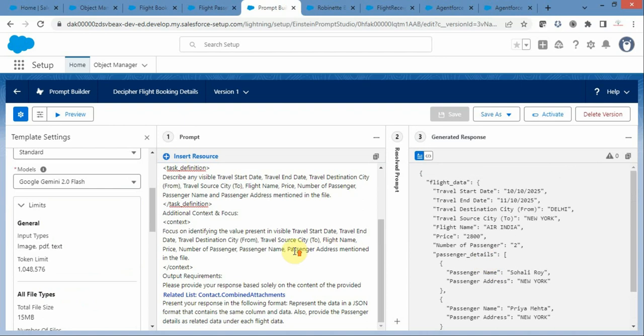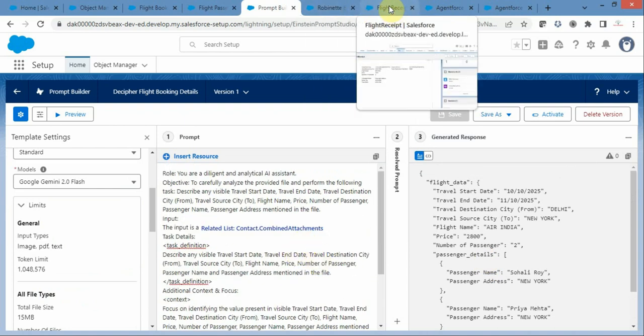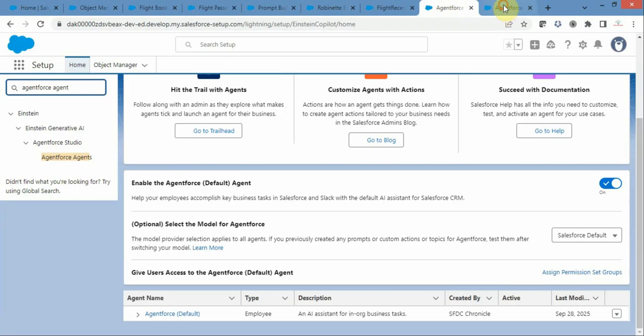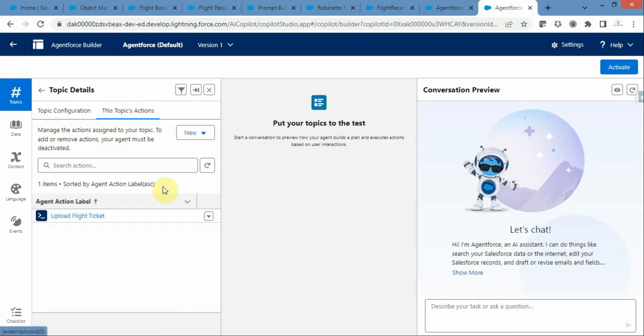That also you can check. Now let's go back to our flight AgentForce agent, and let's add this particular topic. So we have uploaded the upload file flight ticket. This one we uploaded. Now let's upload this one. So before that we want to